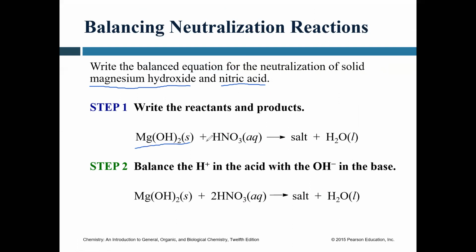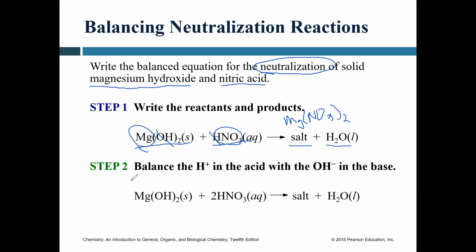So you'd write magnesium hydroxide and nitric acid. We know anytime it's a neutralization reaction, these are your products, water and a salt. So the water is going to be coming from the H and the OH. The salt will be coming from the Mg and the NO3. So this will be Mg,